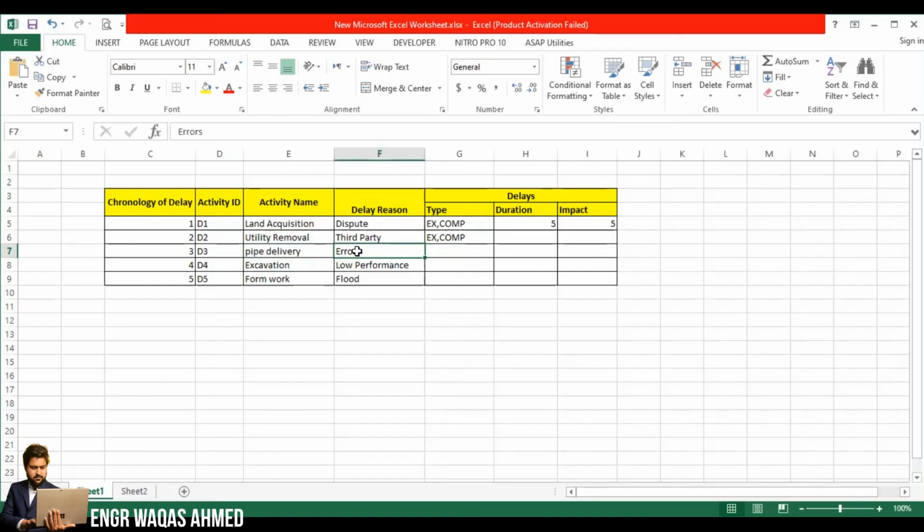What kind of errors? Maybe you ordered some pipe and mentioned some other standards. Now you come to know that your standard has either been changed, or you mistook your standard, whatever standard you require as per the project contract. So this is the error, and it will also delay your pipe delivery. So that will also depend on your project